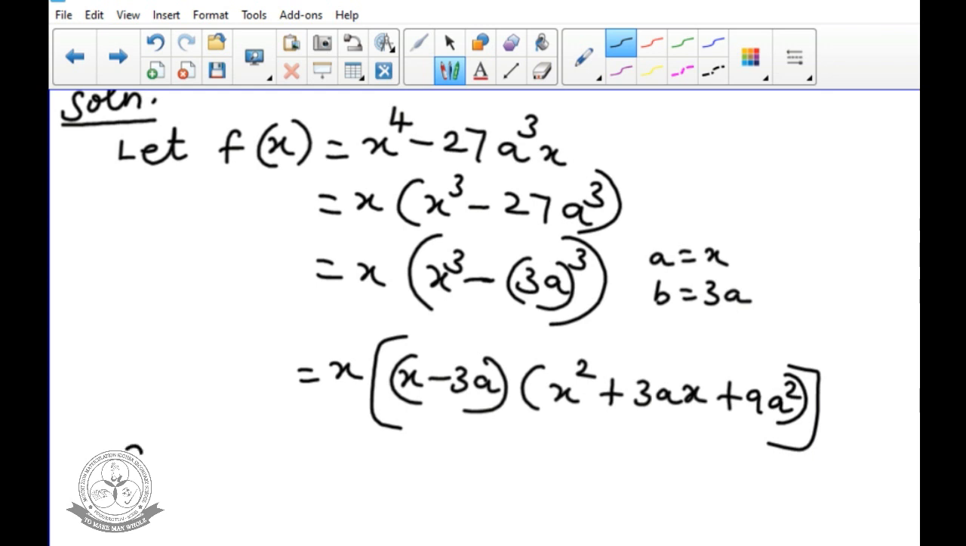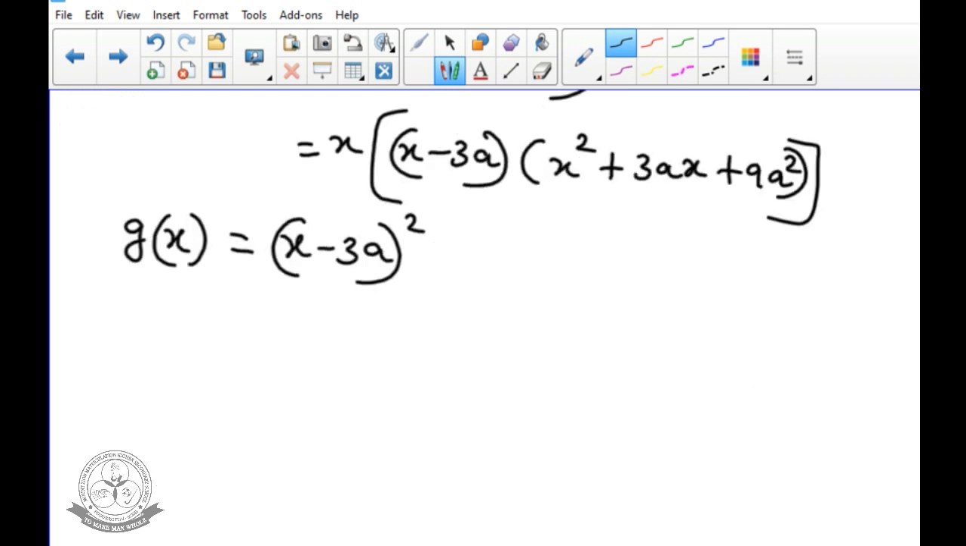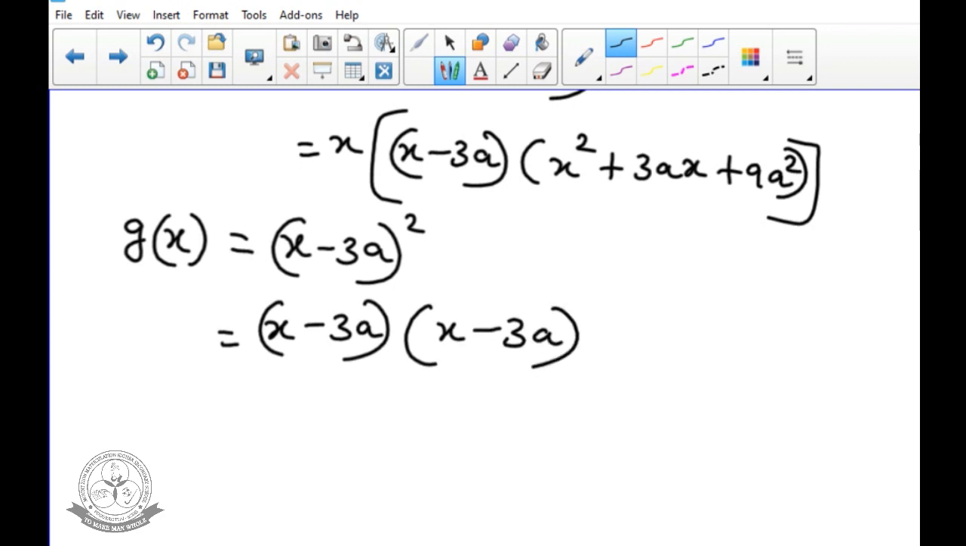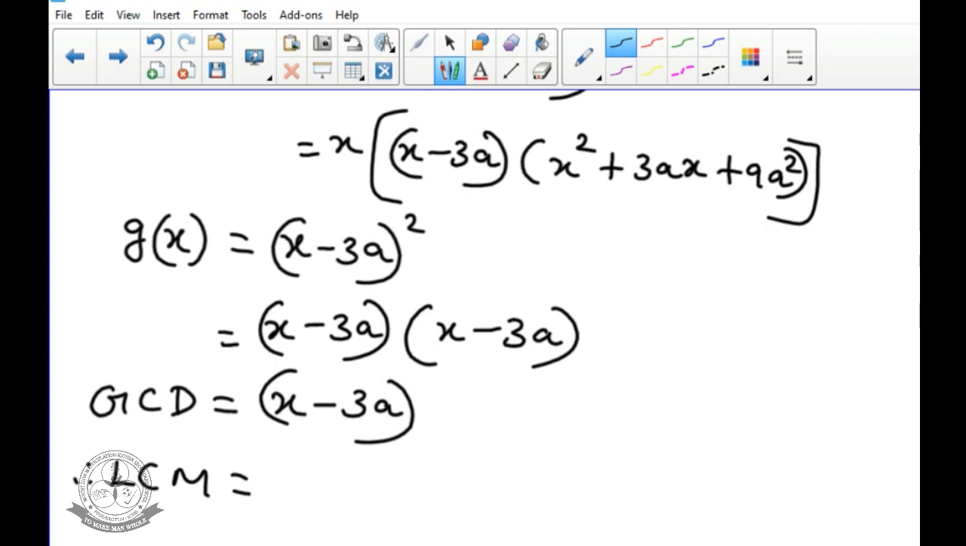The second term we assume is g of x. So g of x equals x minus 3a the whole square. x minus 3a the whole square means we can write x minus 3a into x minus 3a. Next, in the given, GCD is x minus 3a. From the given we find the factors of f of x and g of x, and the GCD is also given. From the given only we are going to find the LCM. Therefore, LCM equals